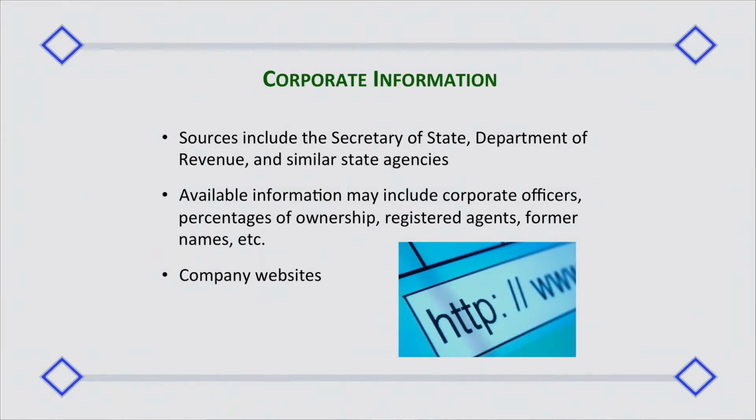There's a lot of good corporate information available on states' websites. Much of it is free. You can find names and addresses of corporate officers and registered agents, as well as information on mergers and acquisitions. It can point you to previous names the company used, which can lead to possibly a bigger net to throw out for your PRP search in the form of a 104E